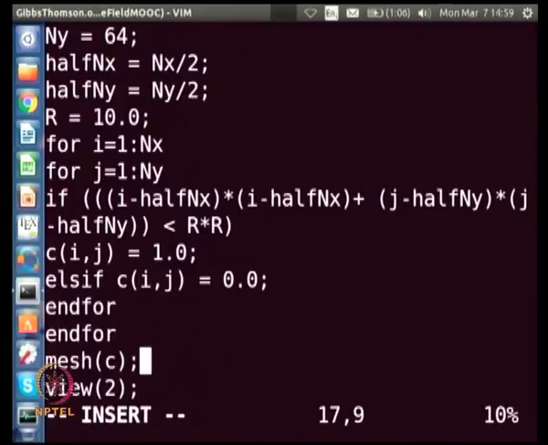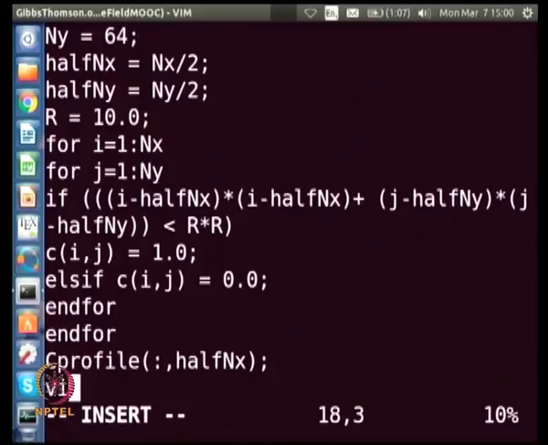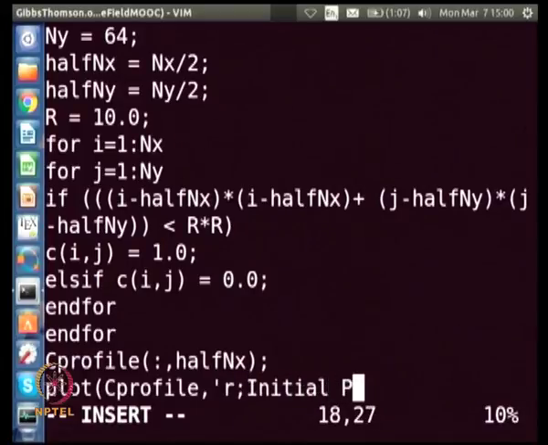Okay. So, this basically makes sure that the composition profile I have is circular, and now we want to only plot the profile. So, let me define a variable called C profile, that is half n x. Okay. And then I am going to plot C profile with a red line, and it will say initial profile.